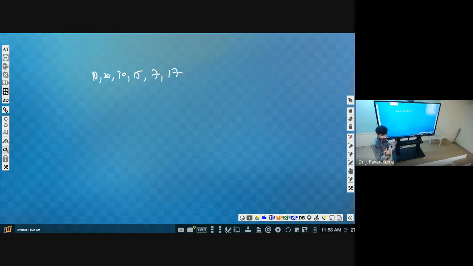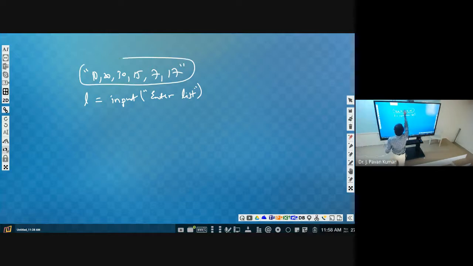Yes. When we take it, it will be considered as a string. How can we take this as the input? Just we can use input, then enter list. Then we can assign this to some variable like L. L will contain this thing, but as you can observe, this is enclosed in double quotes.